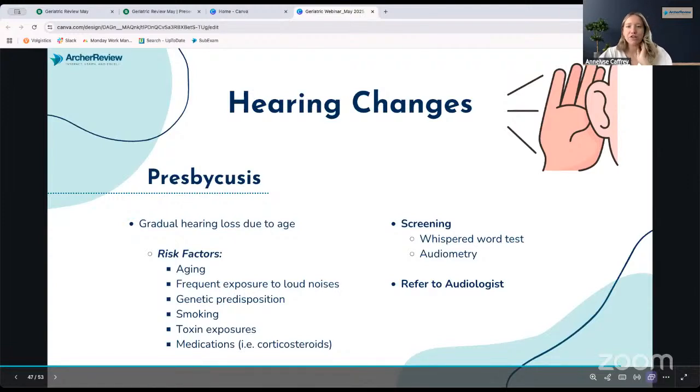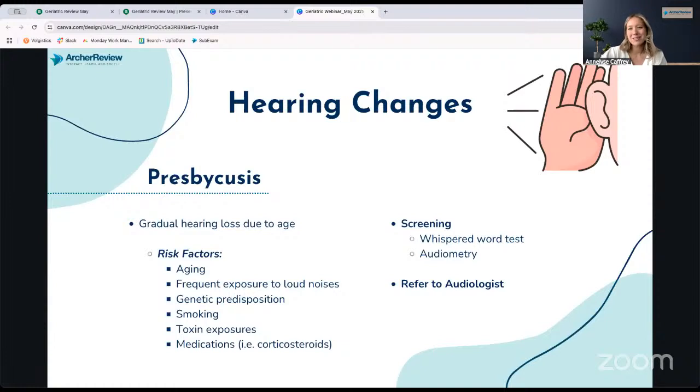So in the early stages, a lot of people won't even notice that their hearing's affected. It's going to be their spouse, their family member that notices first, that say, I have to repeat myself all the time. Or I had a patient who didn't even notice their hearing was changed. Their spouse noticed that they always watch TV like this, with one ear facing the TV, because this was the ear they could hear better in. And we tested one of their ears. They had very little hearing in it, and hearing aids fixed the problem right up. So we want to make sure that we screen that and we refer out to an audiologist.